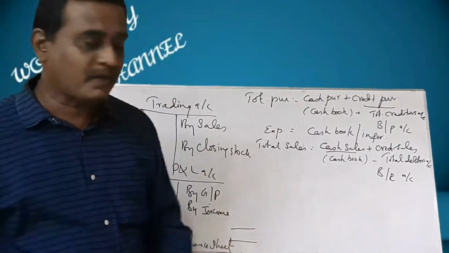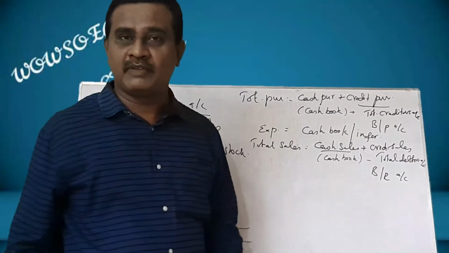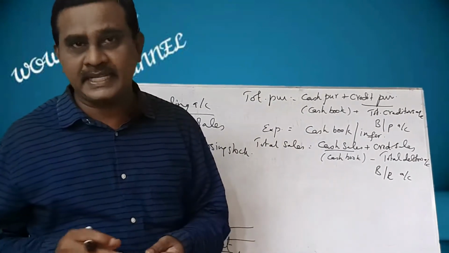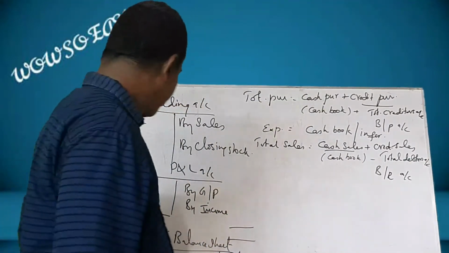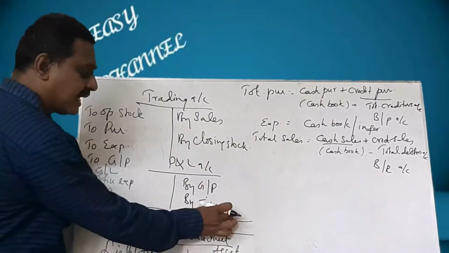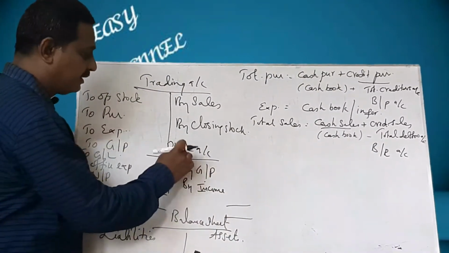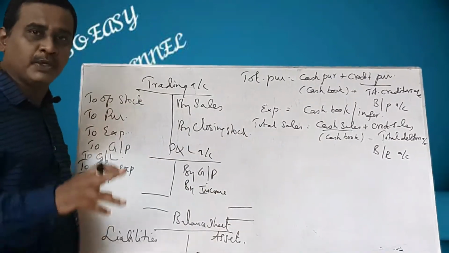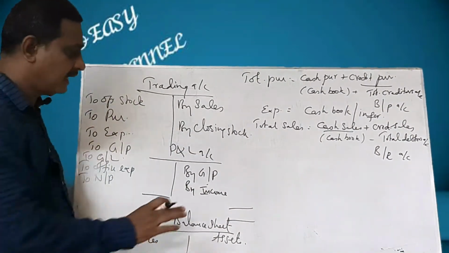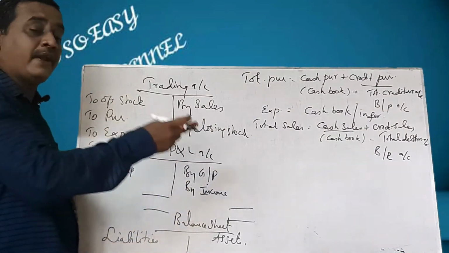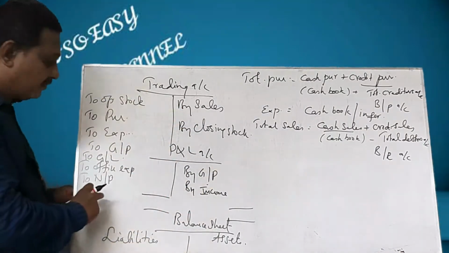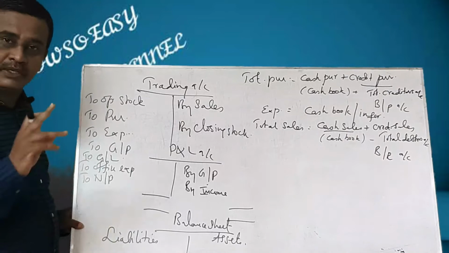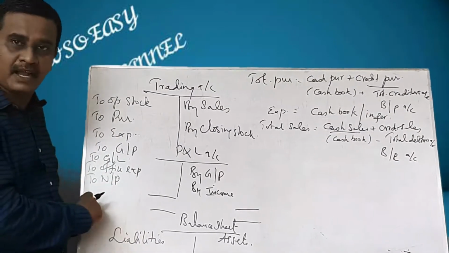Now, what do you do for these expenses? Expenses can be got from the cash book. If you look at the cash book, you can see the expenses. Then if the credit side of the profit and loss account is exceeding, you have to come to the conclusion that there is net profit. At the same time, if this side is exceeding, you have to assume that there is a net loss.